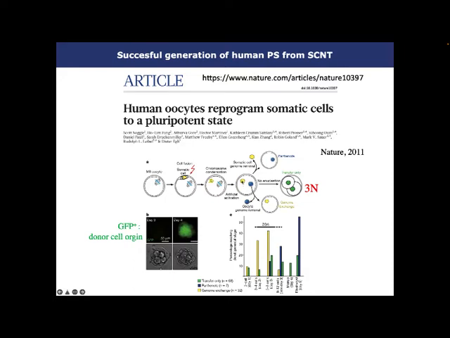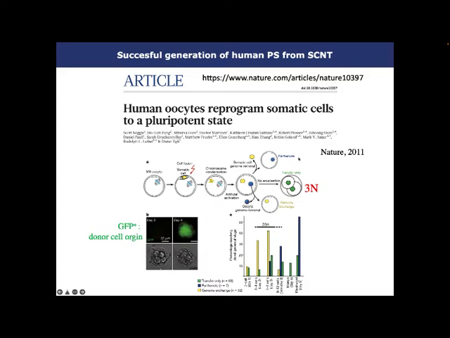First of all, they remove the somatic cell genome, and this somatic cell genome-removed egg can develop to a certain degree as a parthenote. Parthenote is N. The genomic status is N. We call this